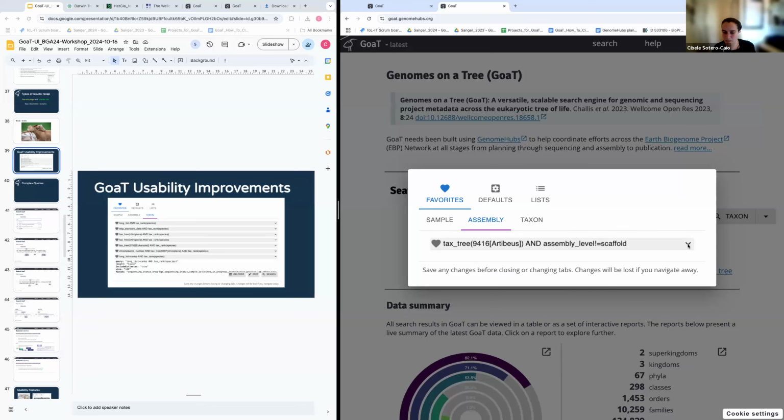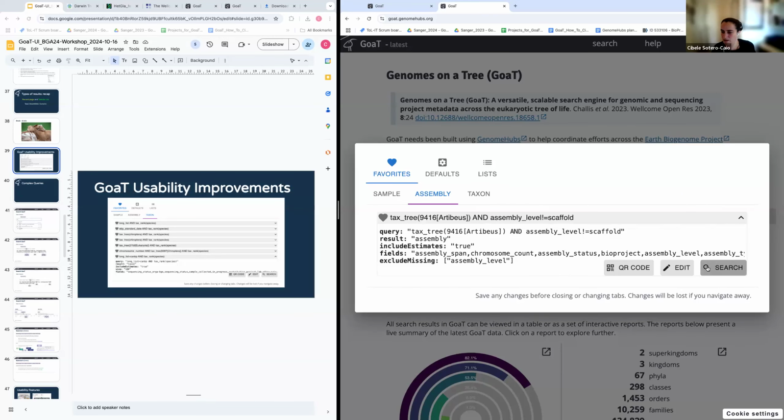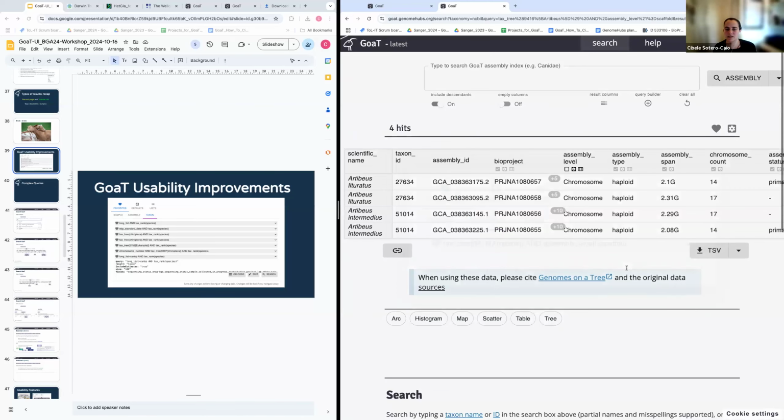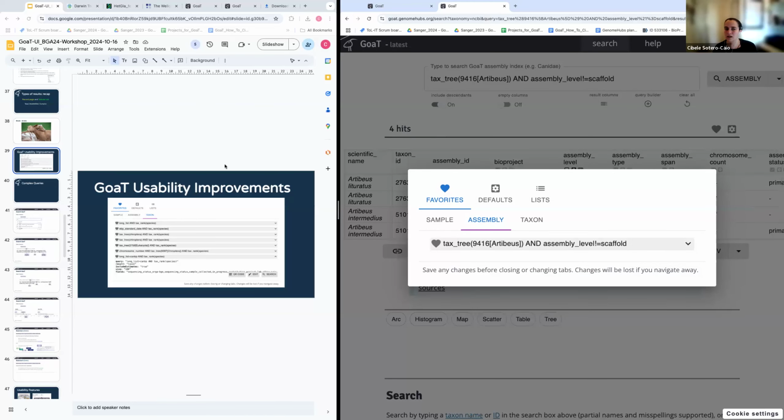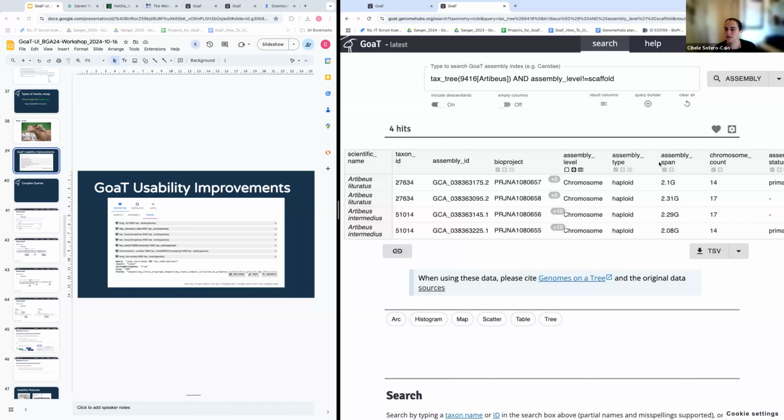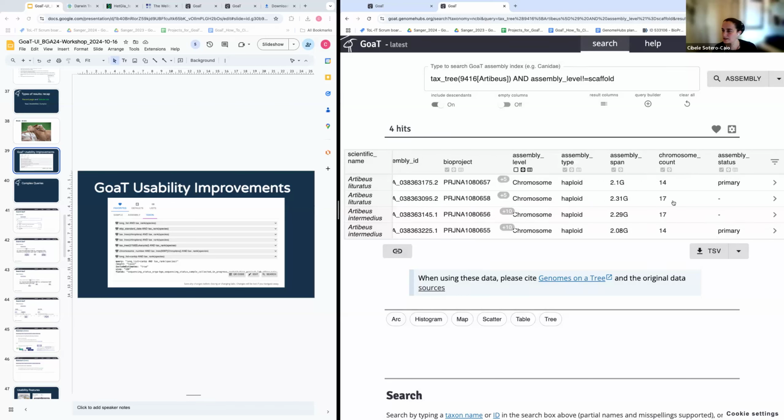So you can expand this and hit search. So expanding is on the weird arrowy looking things. And if you hit search, it's gonna take you there. And the columns are actually the ones that I had selected. So you can always go back to your query and you can save as many as you want and you can actually edit. So for taxon, let me see.